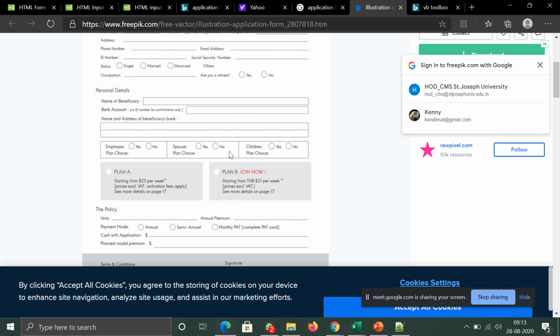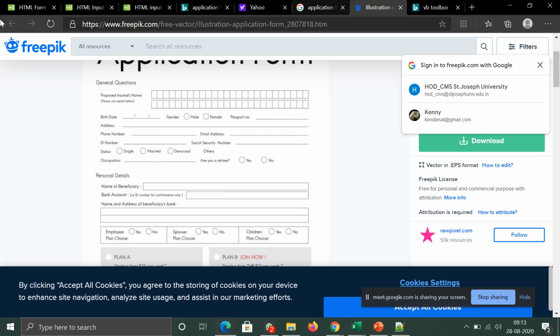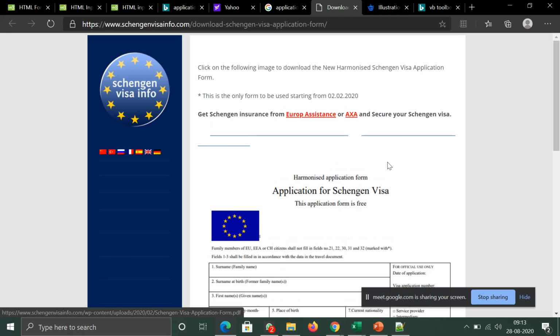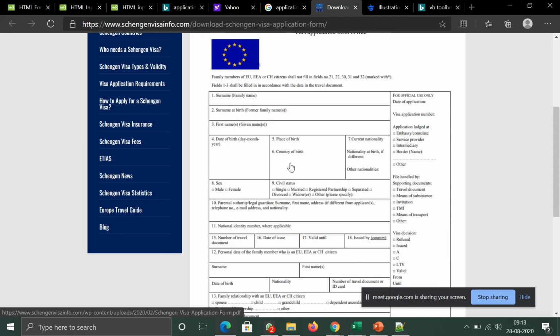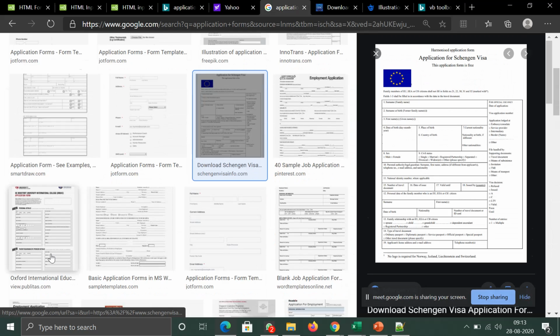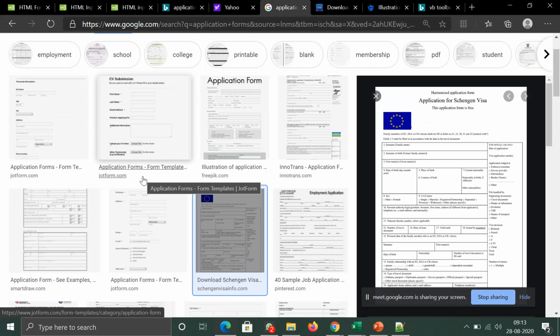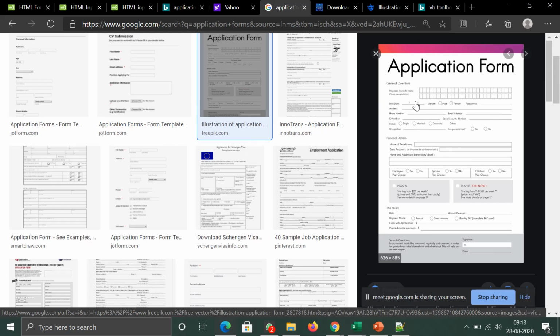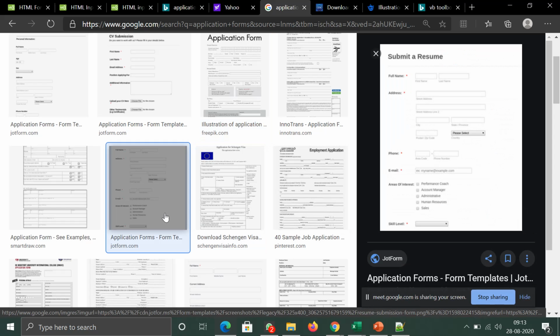So you can see here, if you look at this general pattern and almost all the things, in this form they have asked you a bunch of things, but here some check boxes are given. Like that, you can see on the net there are plenty of application forms available. In these application forms you can see some predefined methods. You take anything you want, you have some boxes over here, like these are checkboxes, everything over here.